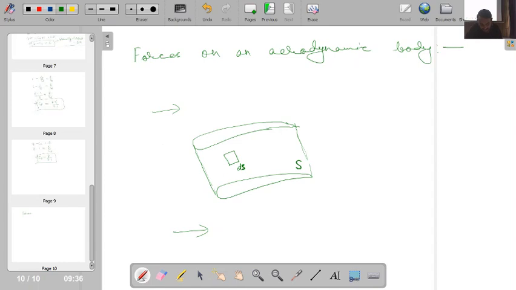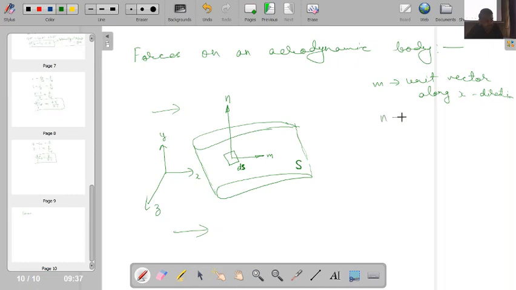Okay, now let me also fix the coordinate system. This is my x-axis, this is y-axis, this is z-axis, and say I have a normal to this surface, a vector n along the y direction, and I have say an m vector along. What are m and n? Let me not write x and y direction over here; let me call it as